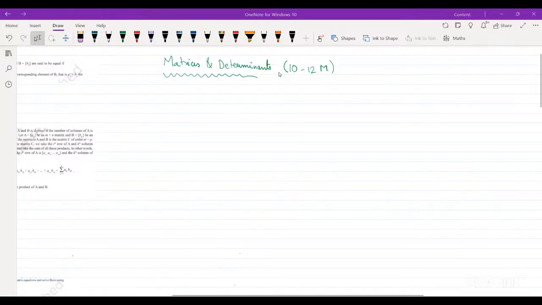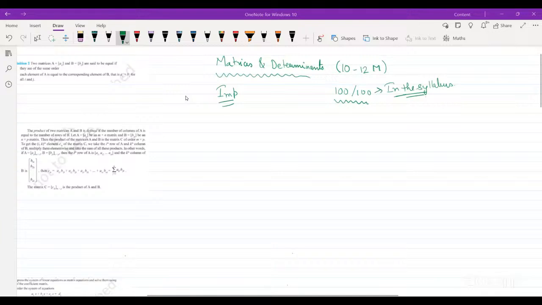Main topics means it's not only that questions will come from these topics, but these are the main ones from where questions are generally being asked. Important topics, you can say. See, of course, if you are aiming for 100 out of 100, you need to study everything in the syllabus, because in that case you can't rely on your luck. But still, being a teacher, it's my duty to let you know the most important topics, the topics from where the questions are generally asked, which are expected to come. Fine. So without wasting much time, since we only have 1 hour, now only 45 minutes,